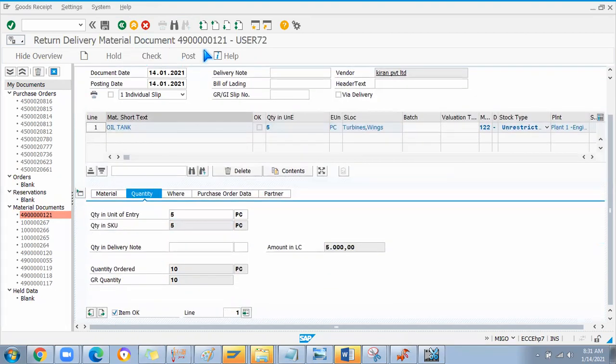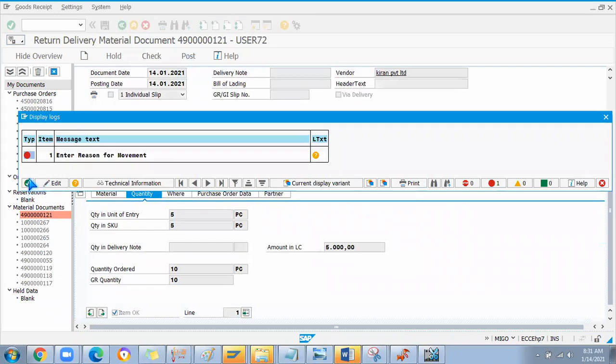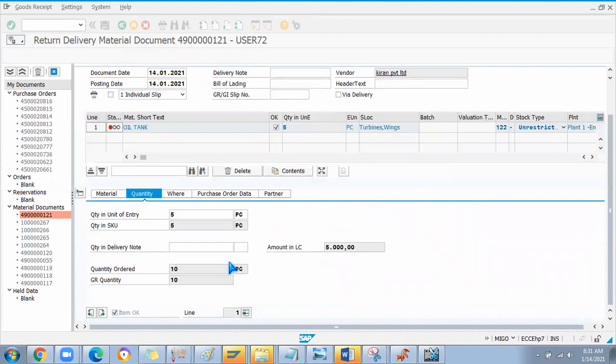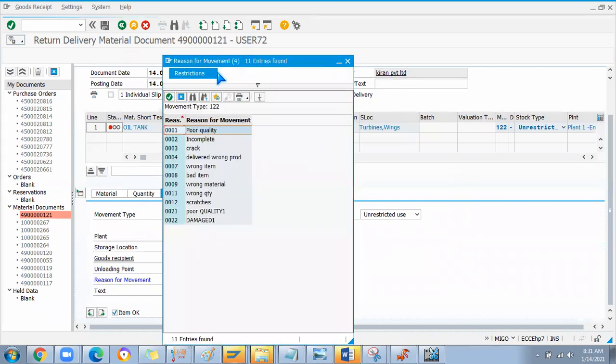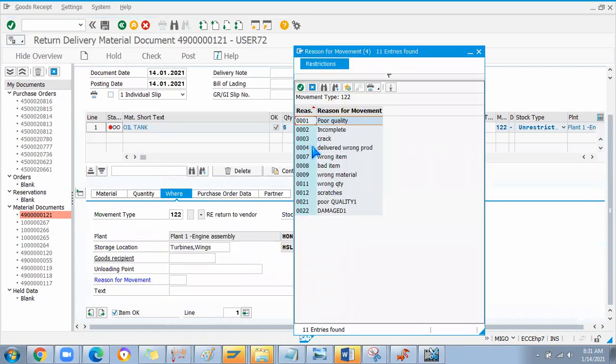Check it, enter. See, a major error will come into the picture when you return the goods. You should know where to enter the reason for movement. In the where option you have to select the reason. In case you are not able to select the reason, which you found by physically checking, or some defect is there in the product which is not listed, then you have to configure this in the backend.